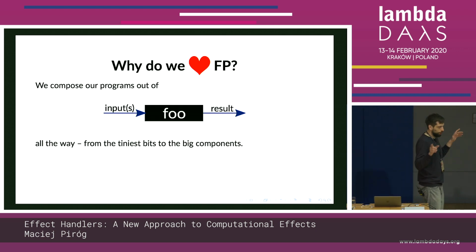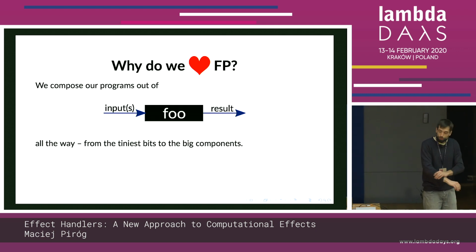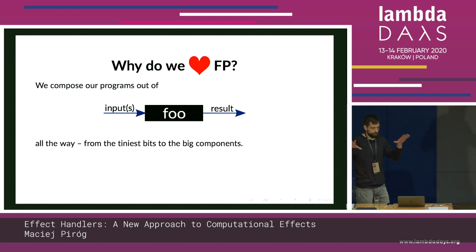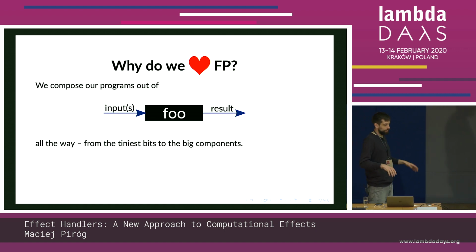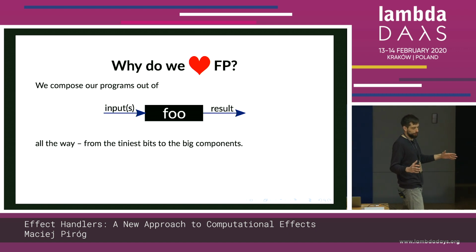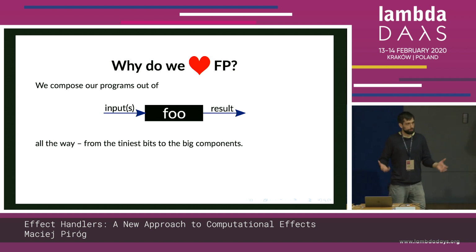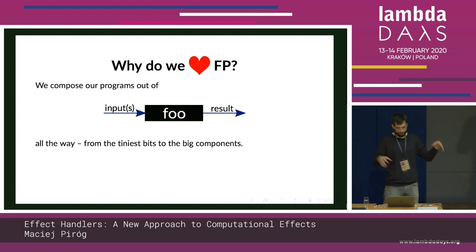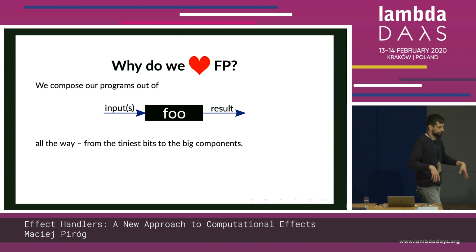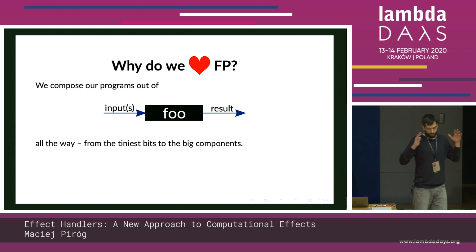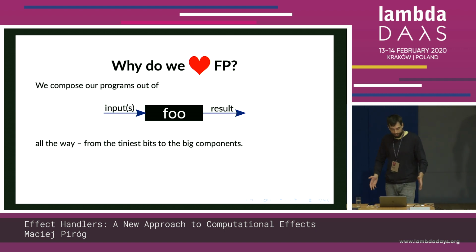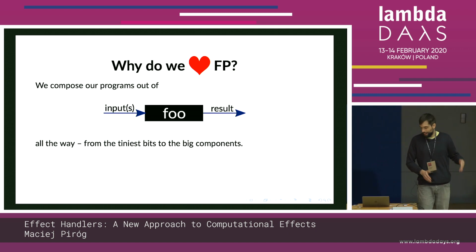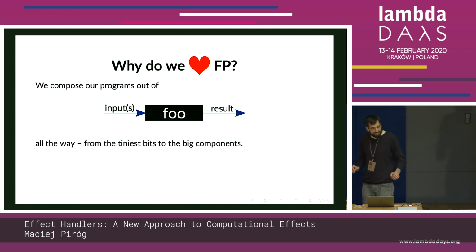All right, so Valentine's Day. If you ask people why they love functional programming, you will often see this picture. People will say, okay, functional programming is so cool because things are pure. Because our whole program is composed out of very simple components, functions. They take some inputs, they produce some outputs, and then you build bigger functions from smaller functions, and the entire system is a bit like that. So it's very modular. Testing is as easy as it could be, and refactoring is easy. Everything's easy and beautiful, except for,